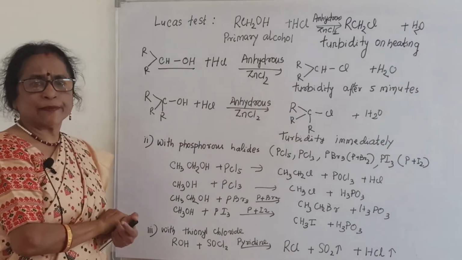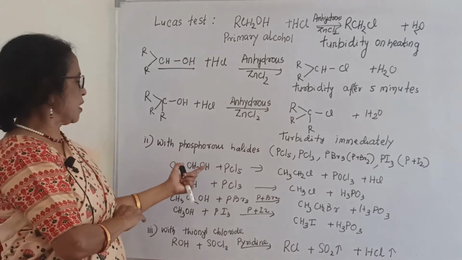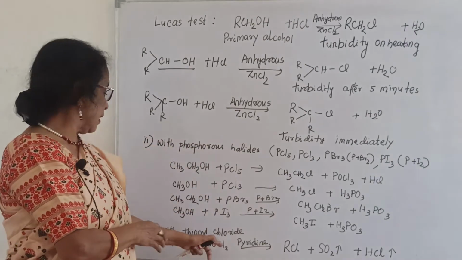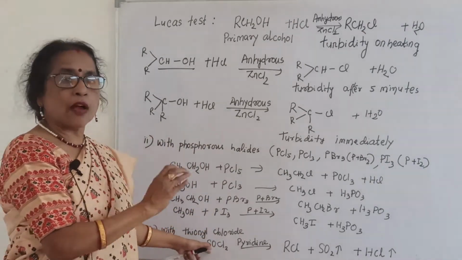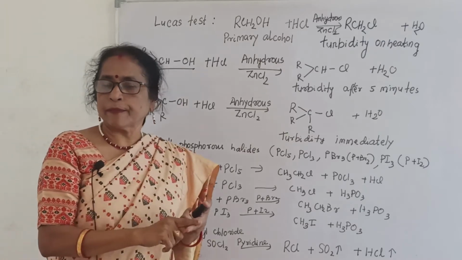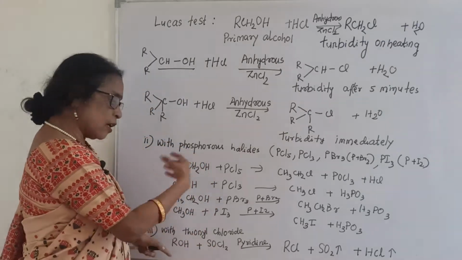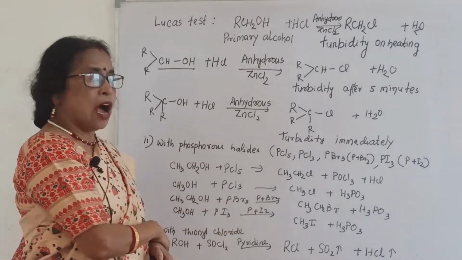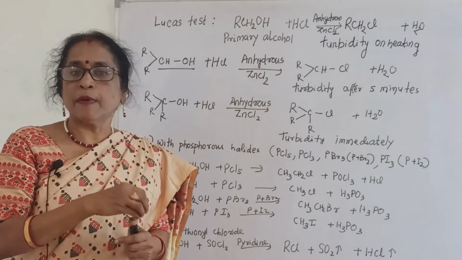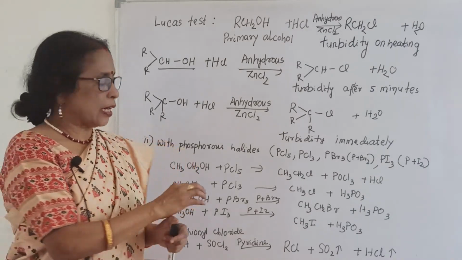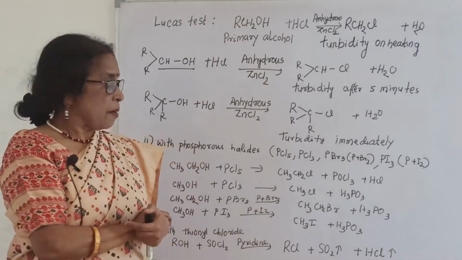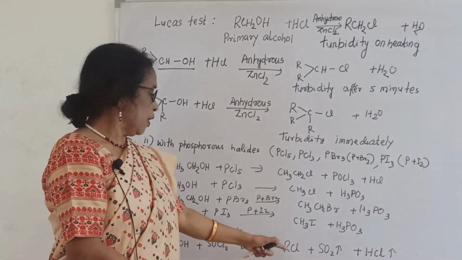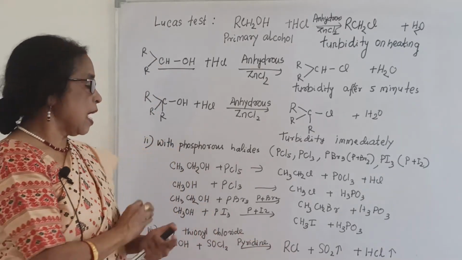Similarly, point 3, with thionyl chloride. This is one type of chloride of phosphorus, and here is one type of chloride related to sulfur, and that is called SOCl2, thionyl chloride. But here pyridine is used. Then haloalkane is produced, and what are the byproducts? Always try to remember byproducts. If you remember the byproducts, then immediately the product will be correct, because you know the byproducts and what is remaining is the product. So here the byproducts are SO2 and HCl.